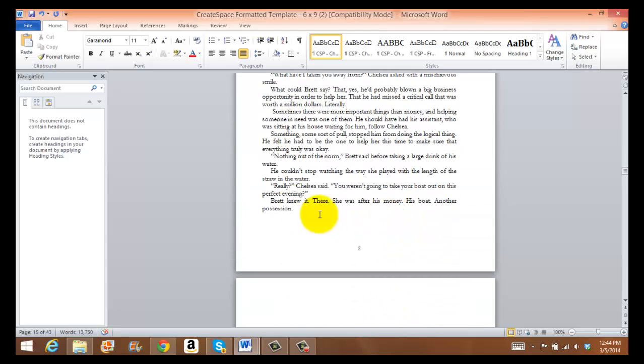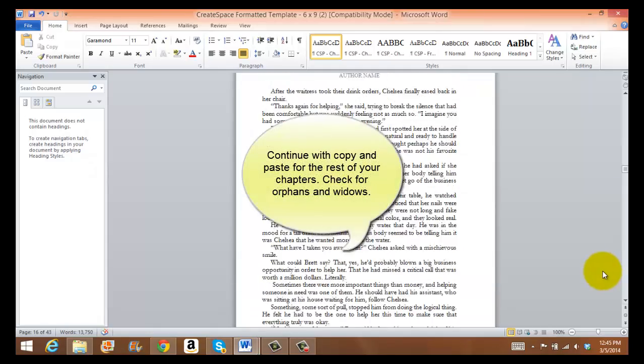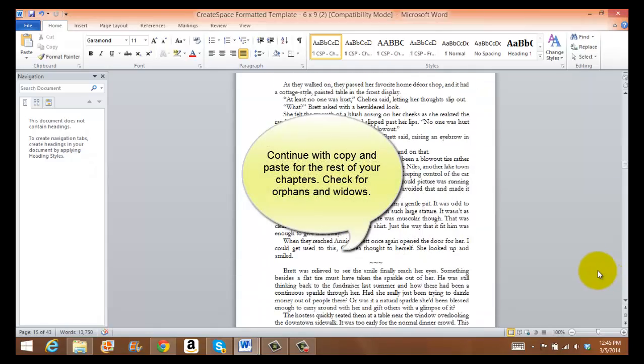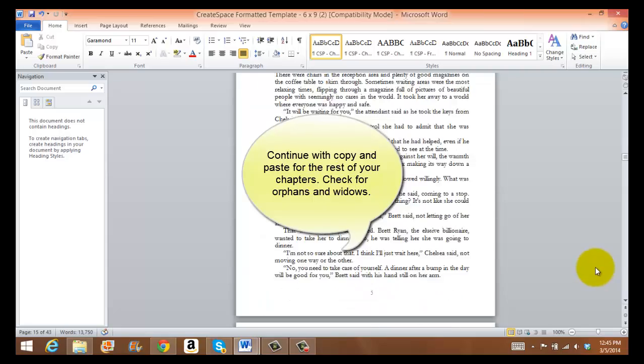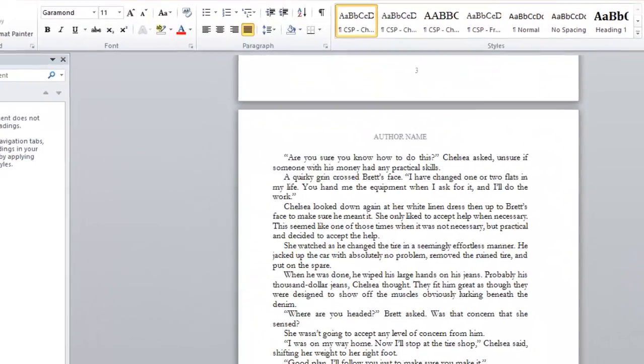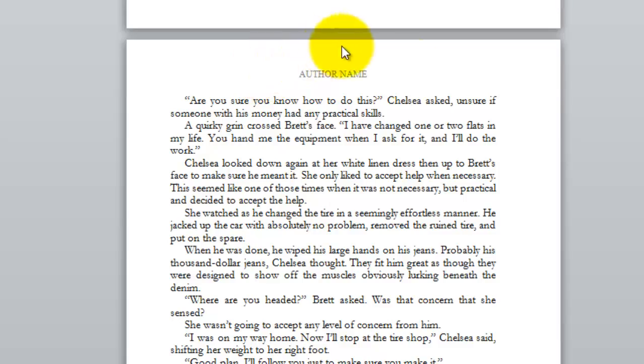There we go. I have all of chapter 1 edited. So at this point, I'm going to save this. I just like to be cautious as I work. So what I'll need to do now is do the same for chapters 2 through the end, just with that process. Now you'll notice at the top of the page, either author name or book